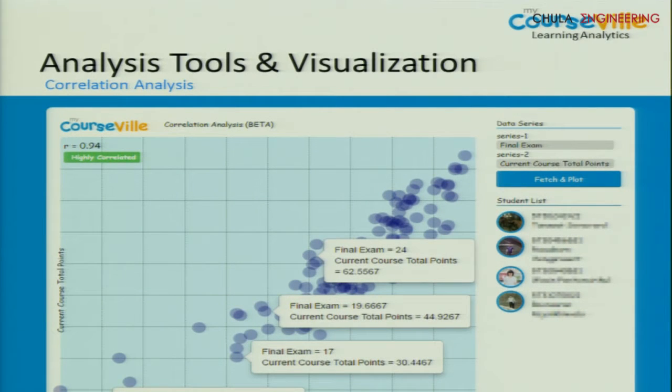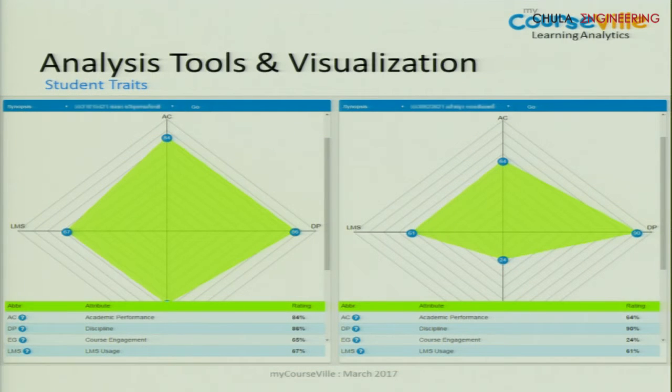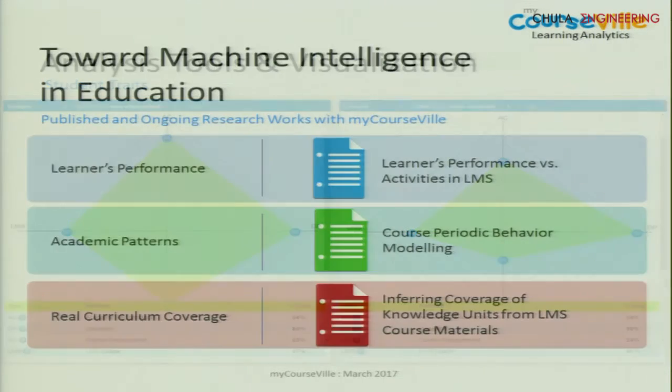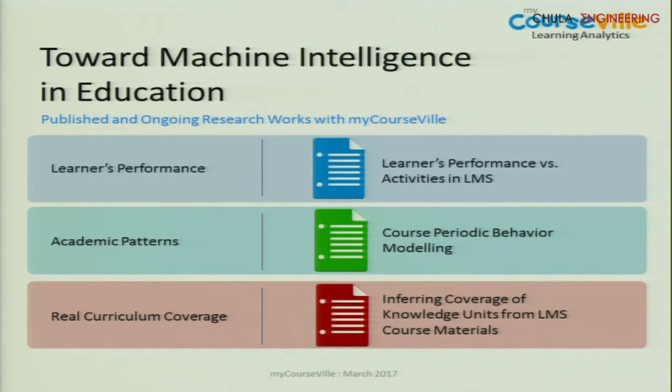The sample here is some tools in Conceive. If you record scores or attendance, you can use the tool to visualize the correlation. This one shows the tendency of students, whether they have a strong academic background, good discipline records, things like that. And then we publish some papers on using behavioral data to determine whether they will succeed in class, and analyze the periodic activities of our Chulalongkorn University, basically schedules, things like that.